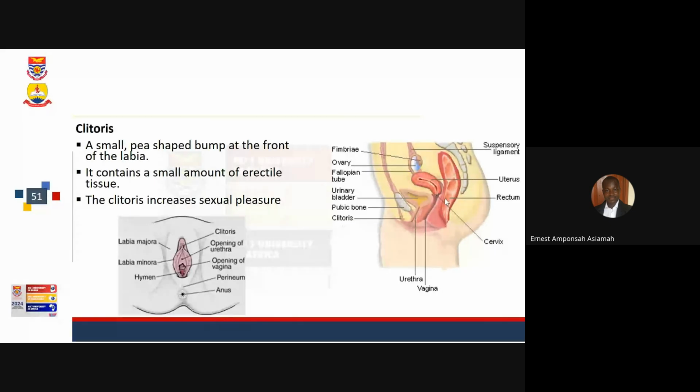And therefore, we have situations in extreme cases where they'll tell you that a lady is having feces passing through the vagina. That is a very, very extreme case, and it is a very serious condition. It comes as a result of a perforation in the wall of the vagina, and it leads also to a perforation in the rectum where feces pass. Such a condition is a fistula. We call it a fistula. So these are some of the complications that women can go through.